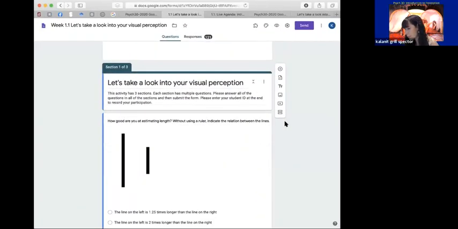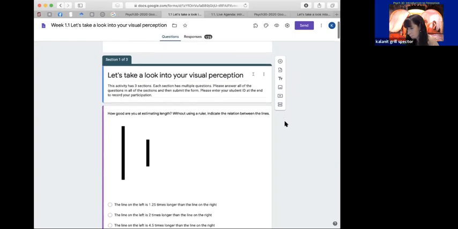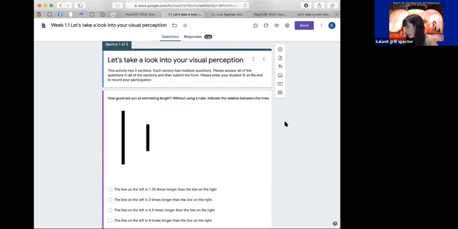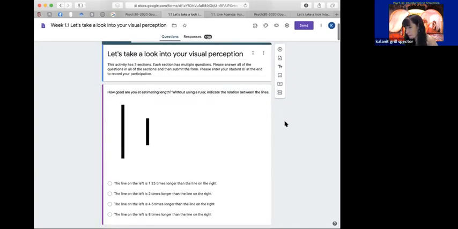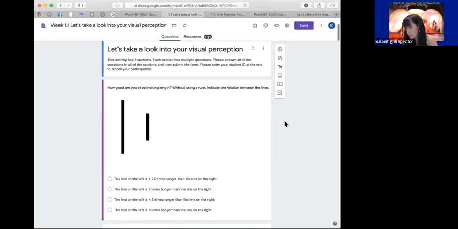So what we're going to do today is review the first 3 questions that you answered, and on Thursday, we're going to look into the other questions. The purpose is just to give you a little bit of a gist about how you perceive different kinds of visual stimuli. So let's see how you're answering and if there is some kind of consensus between you.